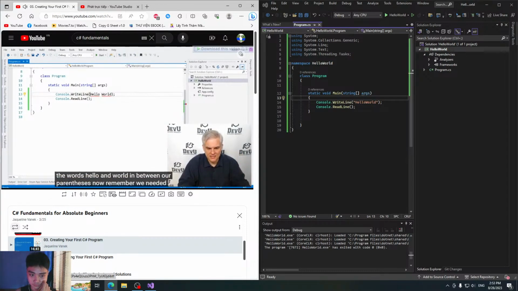Now remember, we needed to use double quotation marks around that string of characters, hello world. Alphanumeric characters that we want to literally write to screen or present in some way, we need to surround with characters that indicate that we want to use this literal string. So to do that we use double quotes.